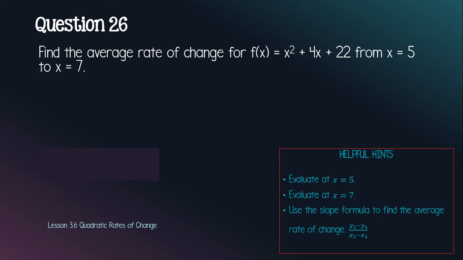Question 26, find the average rate of change for f of x equals x squared plus 4x plus 22 from x equals 5 to x equals 7. Okay, so we're finding the average rate of change,